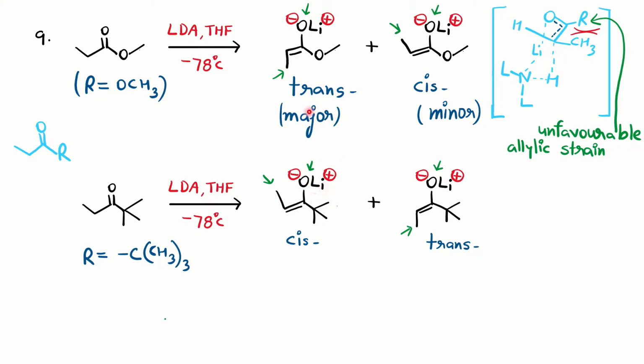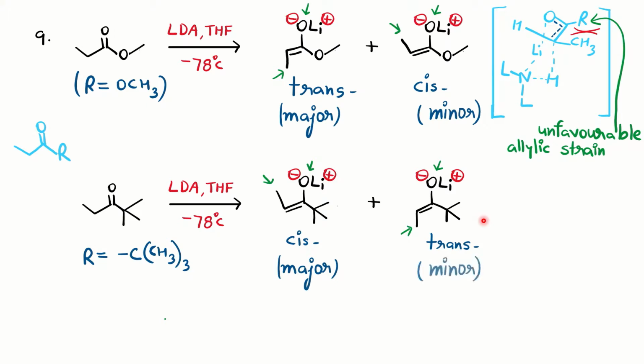So you can also see that in the first case, with methyl and OLi, this OCH3 is not a bulky group, so the methyl can be on the same side, right? It can be on the same side. So therefore this particular isomer is the major one. While here you can notice the tertiary butyl group and this methyl should be opposite to each other, right? Because the tertiary butyl is bulky. If you draw it like this, it will cause a 1,3 diaxial interaction. So that we will see here.